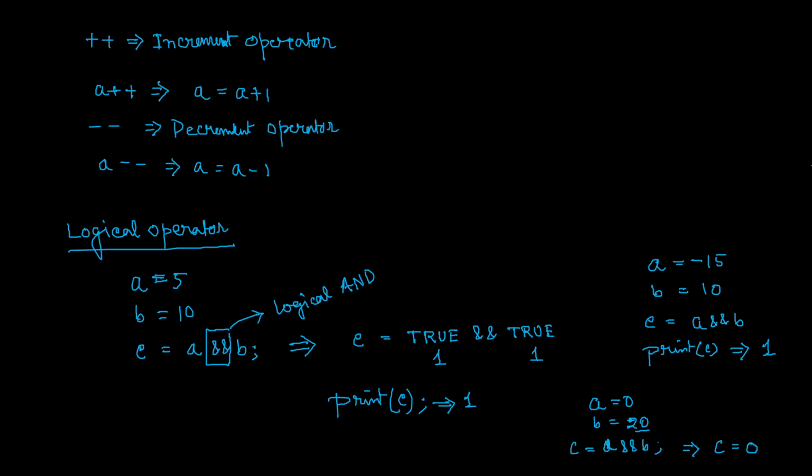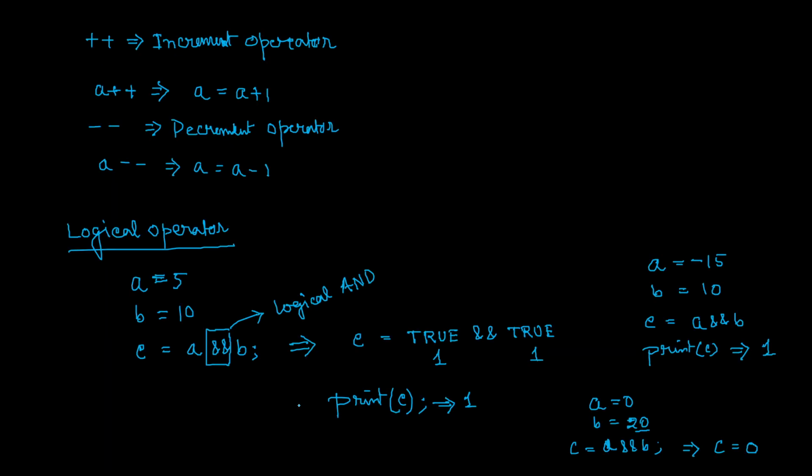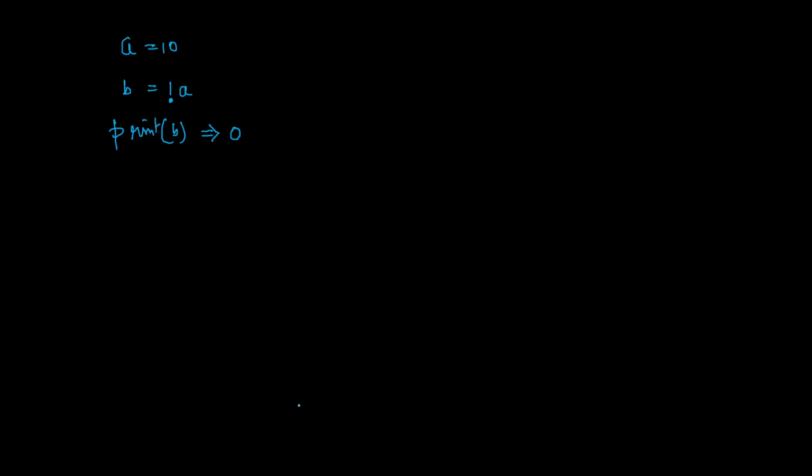So we have seen the different types of logic operations we can apply in C language. Now we have to go for what we call bitwise operations. Always remember one thing: a bitwise operation is a logic operation, but bit by bit. That means, what I mean to say is that if I go for a bitwise operation,